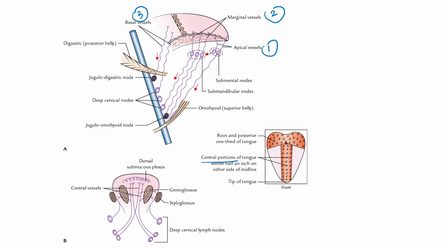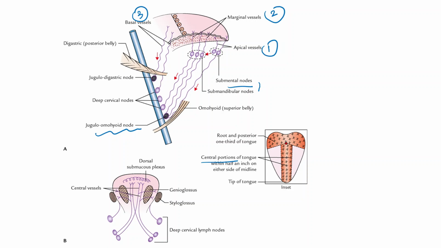The lymphatics from the tip and the inferior surface of the tongue drain into the submental group of lymph nodes. From the submental group of lymph nodes, they reach the jugulo-omohyoid group of lymph nodes. So this is about the lymphatics from the tip, whereas the lymphatics from the marginal portion